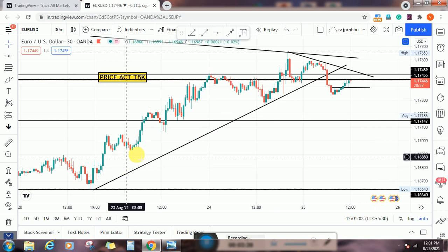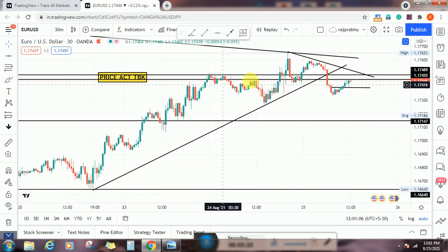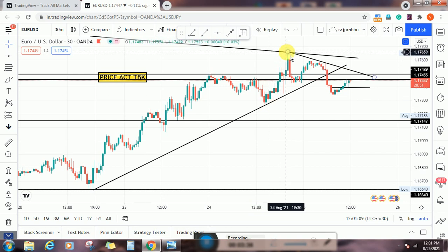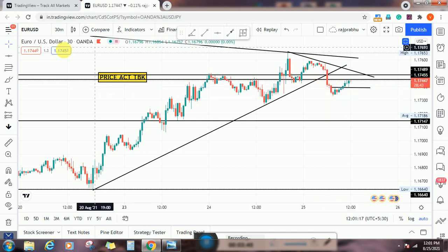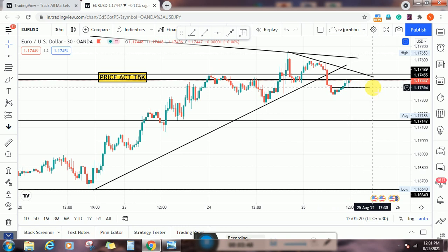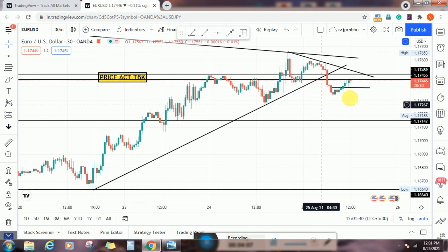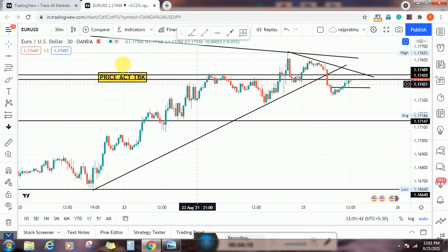In this method, the trend line is respected from this level and then takes a support from this level and it makes the high. Then the trend line is broken from this level. So I am trying to short this position in EUR USD. I took a short position from this level, but the price went upside. But I am still waiting for it to touch the target level because it's a downfall. See, the breakout has happened. See the breakout. That is why I am considering it a sell position. So I am holding this EUR USD.